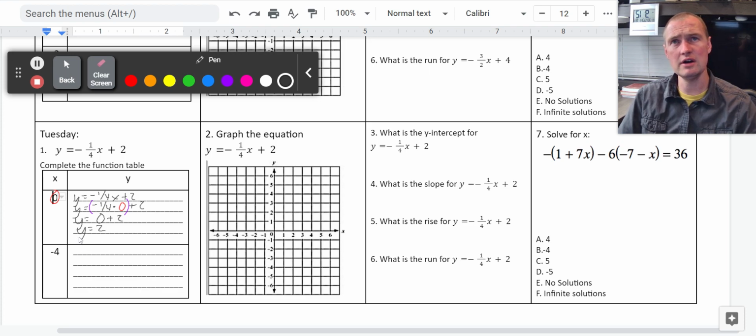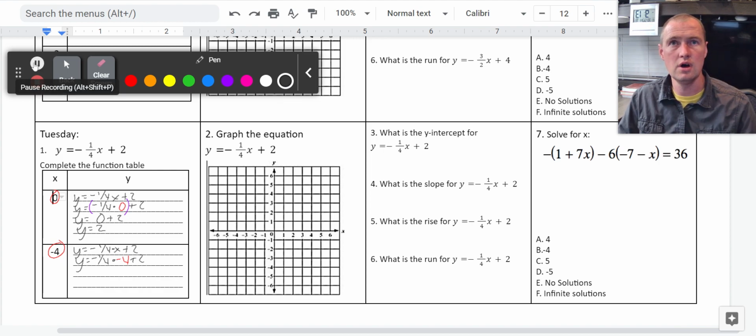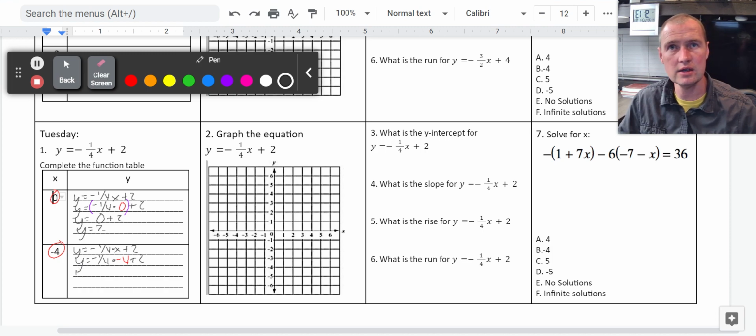All right, we're going to do the same concept, but we're going to plug in negative 4. So I got y equals negative 1 over 4x plus 2. Next, I got y equals negative 1 over 4 multiply negative 4 here plus 2. All right, next step. We got y equals, now notice we have a negative 1 over 4 here times a